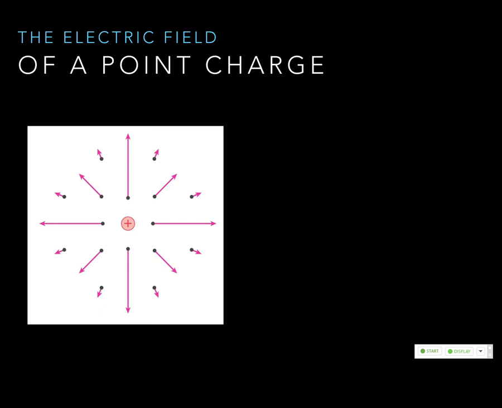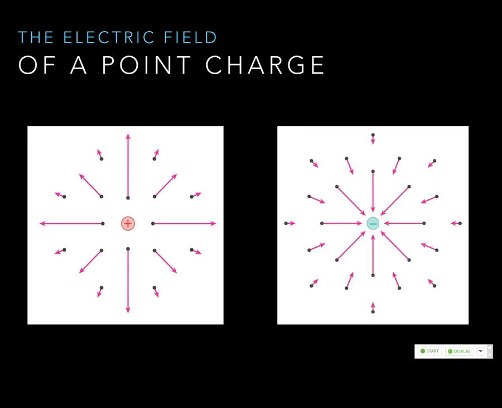What about a negative point charge? Same thing but opposite. They flip sign. So for a negative point charge, all the vectors are going to point in. So this is the vector field. Remember we talked about how we're going to deal with vector fields: a bunch of little arrows in space. These are the vector fields for just a single point charge, positive and negative.